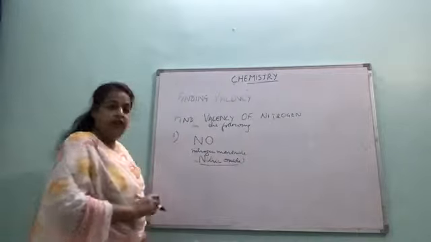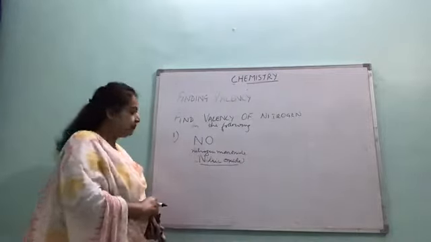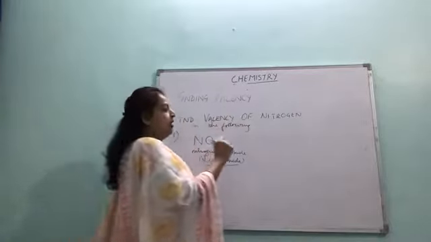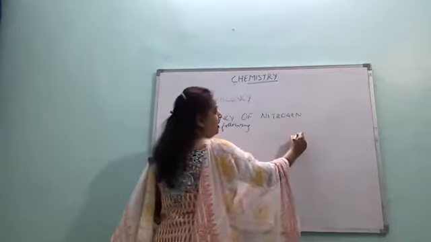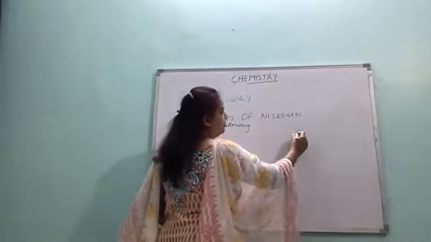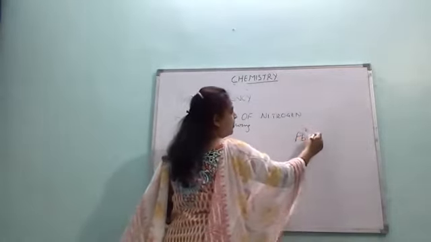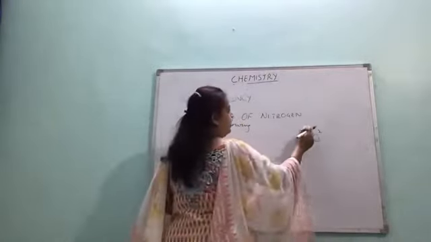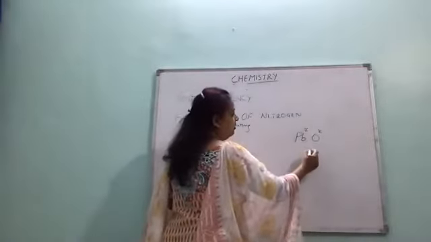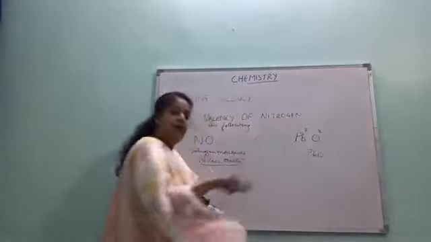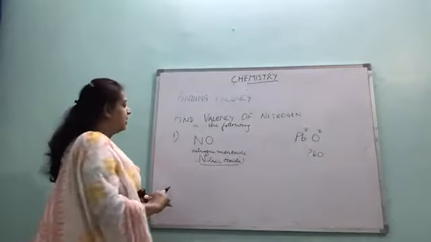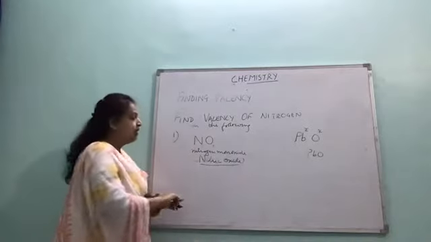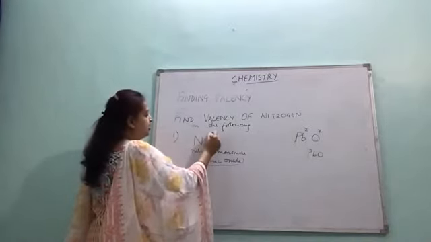Now, how to find the valency of nitrogen in nitric oxide? Well, we'll go in the reverse order. What is the reverse order? For writing a formula, we should know the valency. Valency is reduced and you get the formula. Now we do the reverse. According to this formula, this is 1 and 1 here. So we go backwards like this.